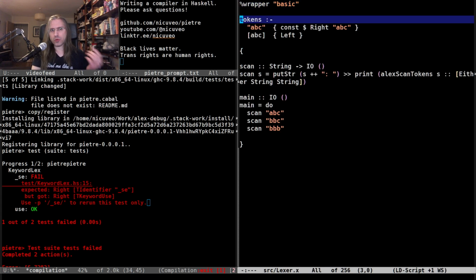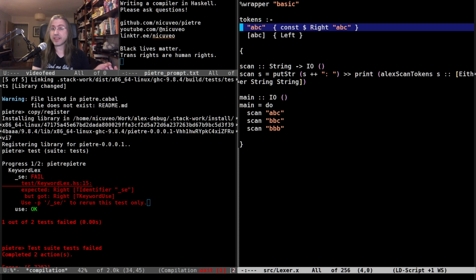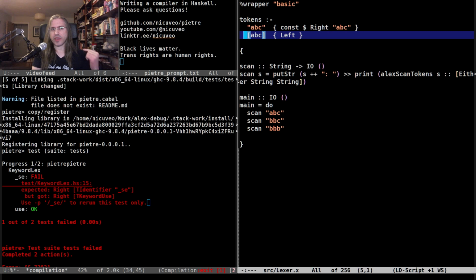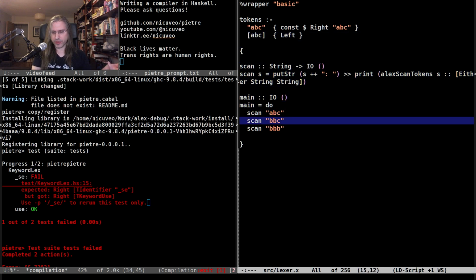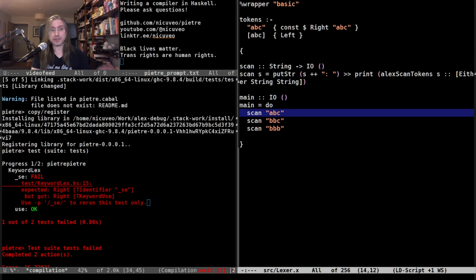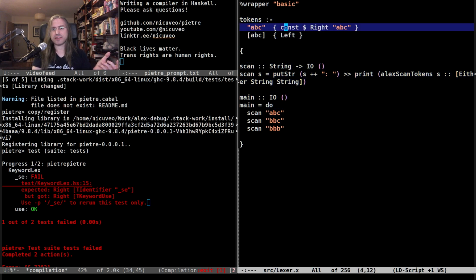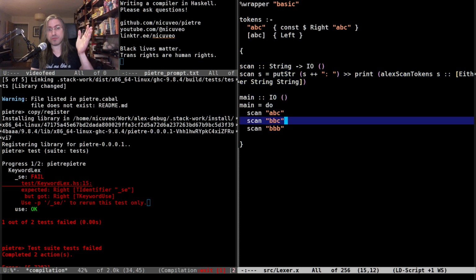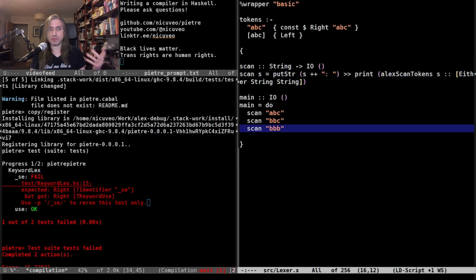So here is a small Alex file with only two rules. What this says is: if we match ABC, then the result is the right value ABC. If we match any of the characters A, B, or C, then we use the left constructor. That means that the string ABC should scan as right ABC, and BBC should scan as left B, left B, left C, because ABC was never matched, and BBB likewise. If we try, however, to call Alex on this file,